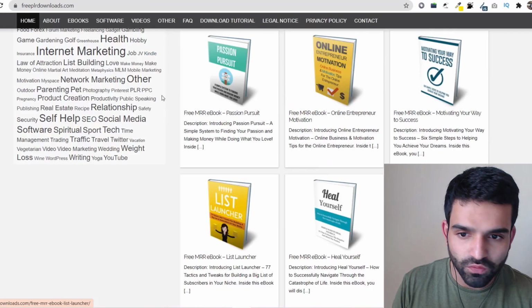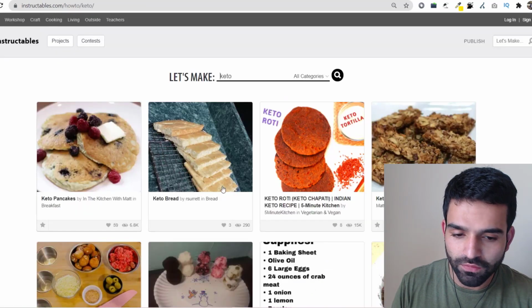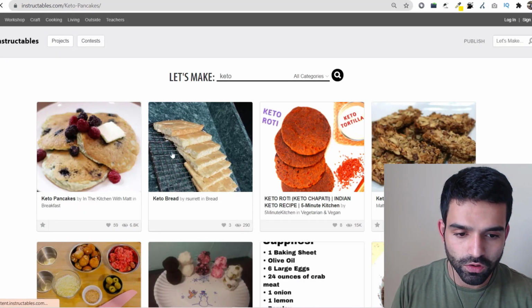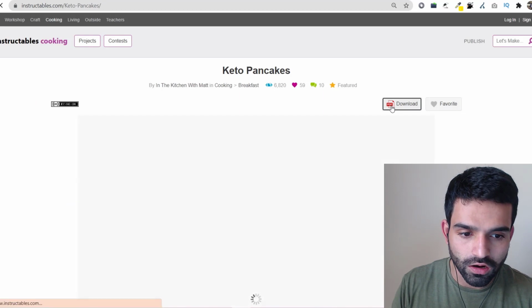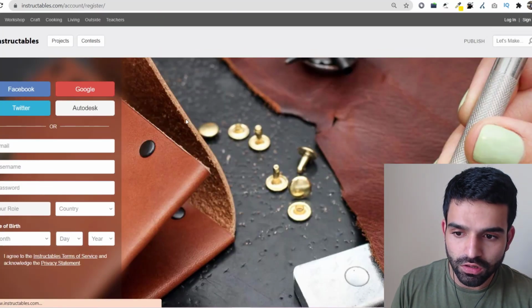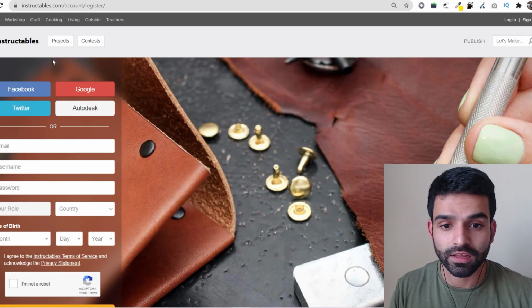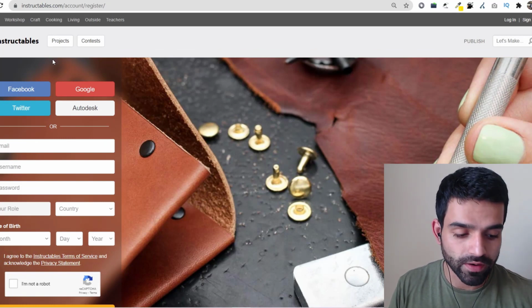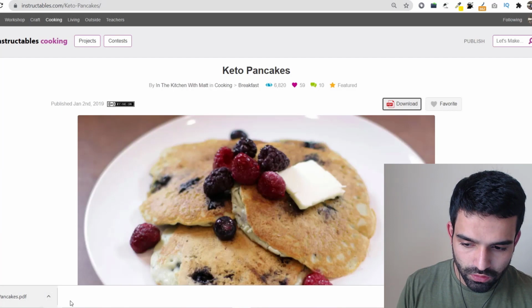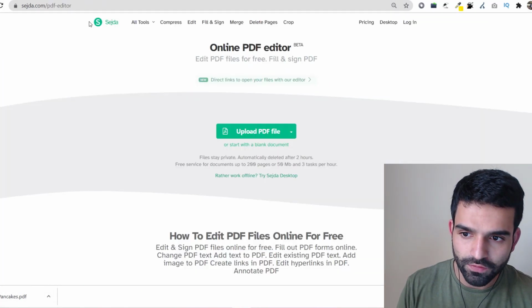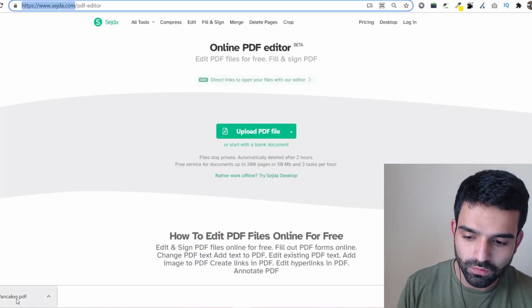Once you find that book, let's say for example I found this keto pancakes. Now what you have to do first is just download the PDF. Make sure the author is notified that you're downloading, just to avoid copyright issues. So guys, once I've downloaded this PDF, all I have to do is go on sejda.com,